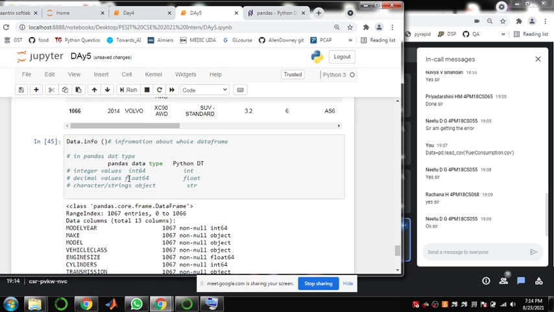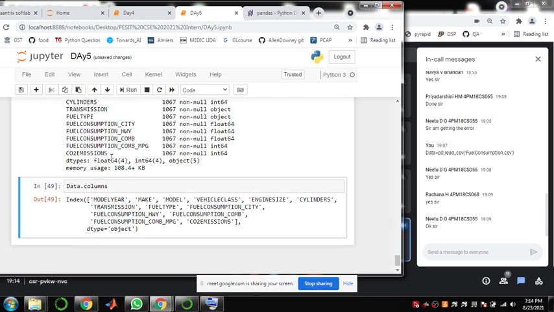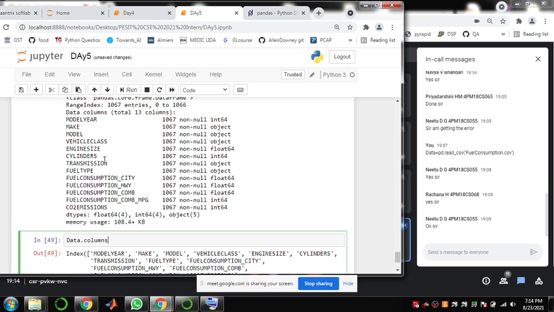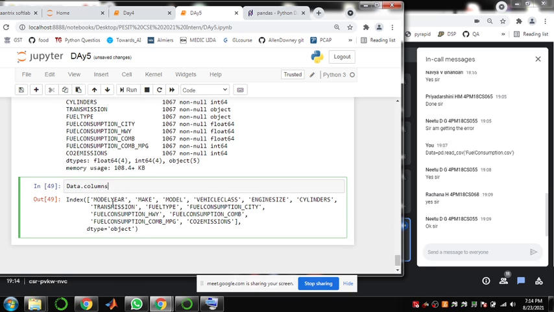Similarly, if you type data.columns, it returns all the column names available, with which we can later access particular content. I'll show you later how this is useful.